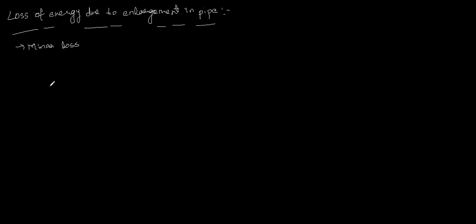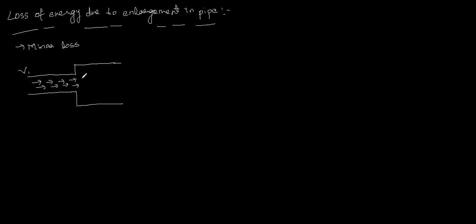For that I want to assume a smaller diameter pipe, which is connected to another pipe having a larger diameter, which shows the enlargement in the cross sectional area of the pipe, due to which we will be facing the loss of energy. Here assume liquid is flowing through this pipe with a particular velocity v1. So when it comes to the larger diameter pipe, due to this sudden abrupt change in